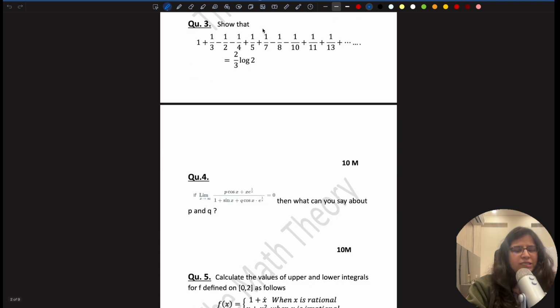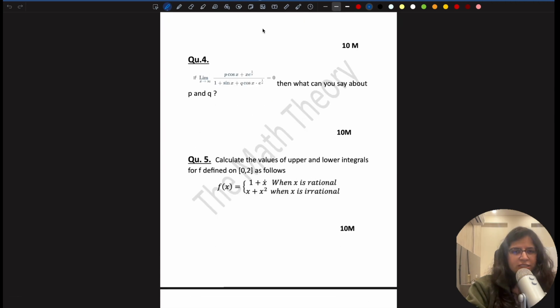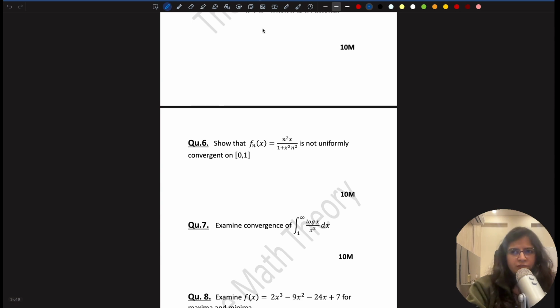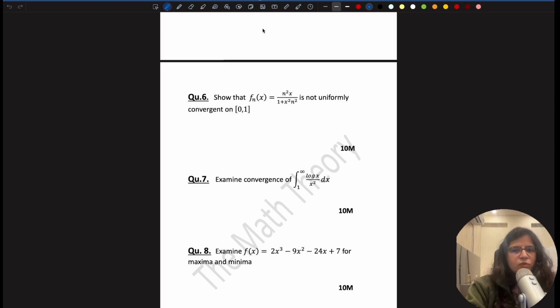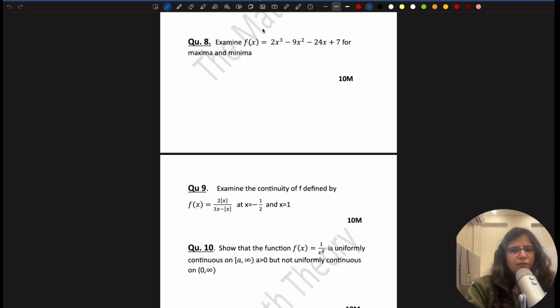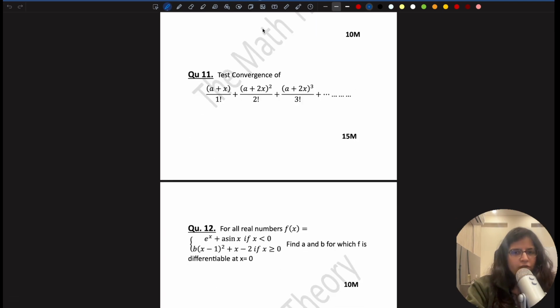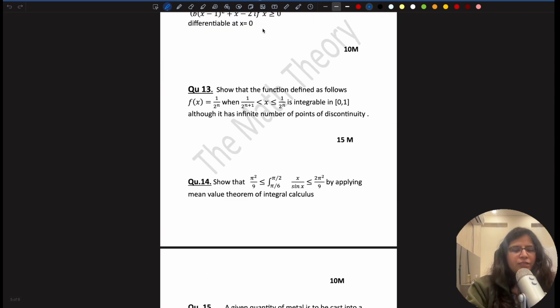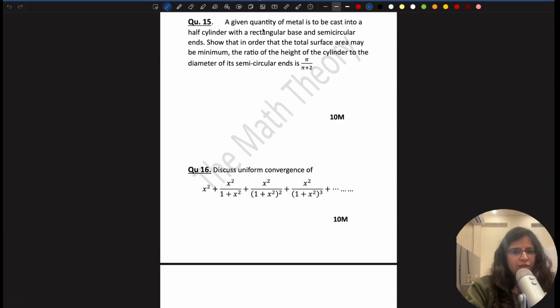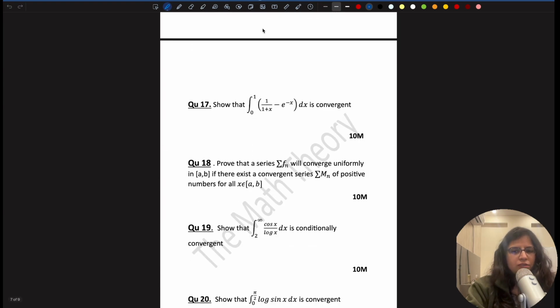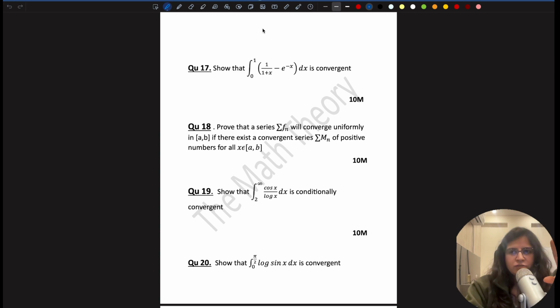I mean the topics that are asked in UPSC in last 10 to 15 years, the topics that are asked or probable topics that can be asked in upcoming examinations. तो वो सारे cover किए हुए. For instance, this is the question for uniform convergence, then improper integral, maxima, minima, continuity, uniform continuity, convergence, L'Hopital rule, then Riemann integrability. Then there are questions mean value theorem पर based हैं, then maxima, minima again, then uniform convergence. So that's how each and every test will be designed with the proper analysis and with the proper assessment of previous year questions. जो probable topics हैं those will be covered in these test series.